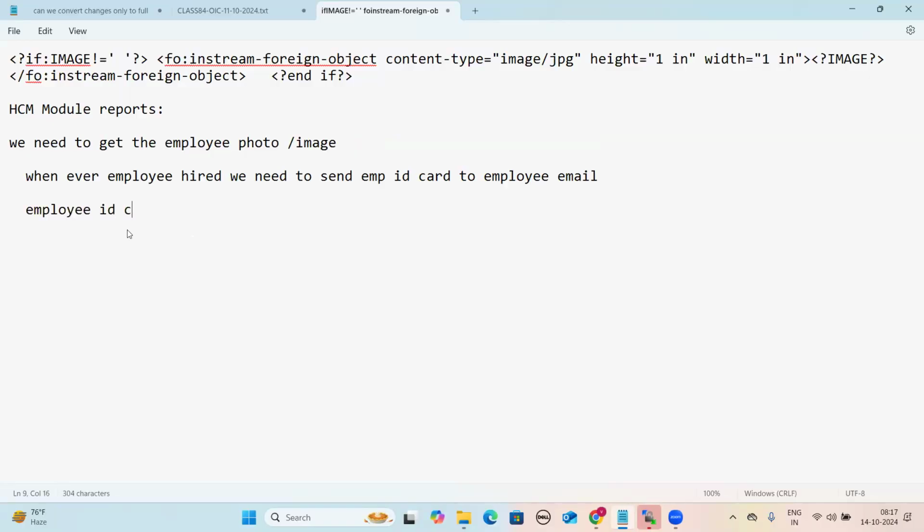The employee ID card contains a photo. The employee ID card contains the employee image or photo. So first we have to get the photo, right? Only then will we send the ID card, right? So where will the employee photos be? So how to